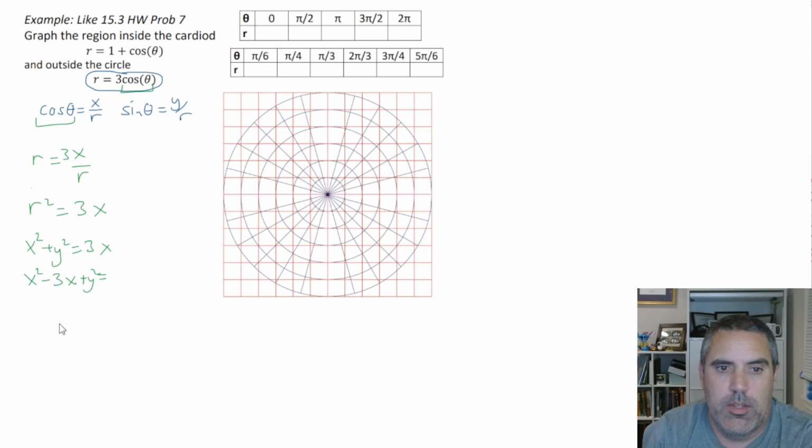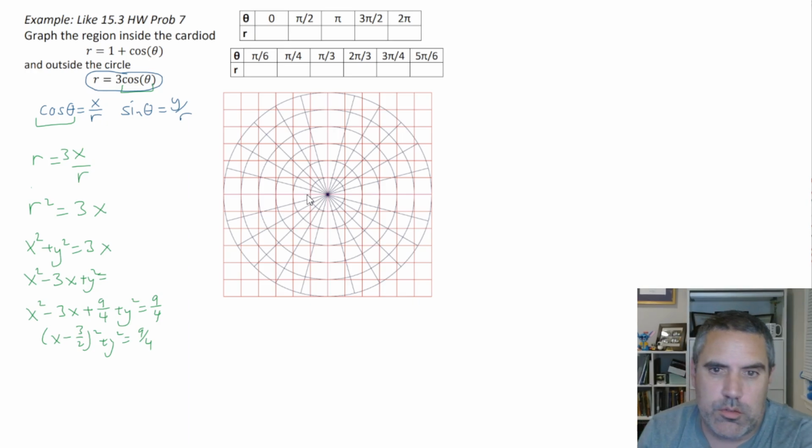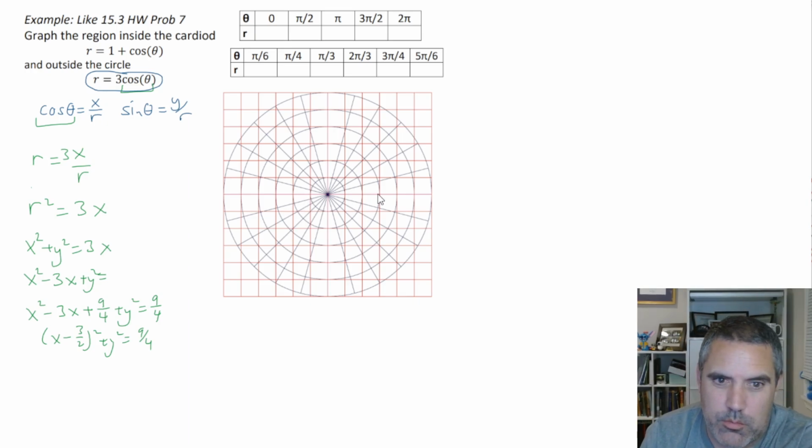And we can complete the square. Half the middle is 3 over 2. We square, we get 9/4. We add that to both sides. And then it becomes x minus 3/2 squared plus y squared is 9/4. So we get a circle centered at 3/2,